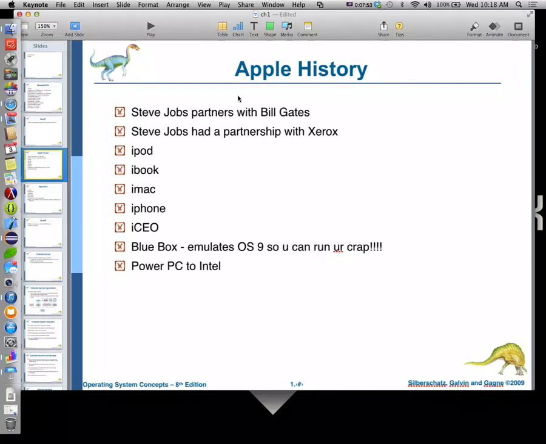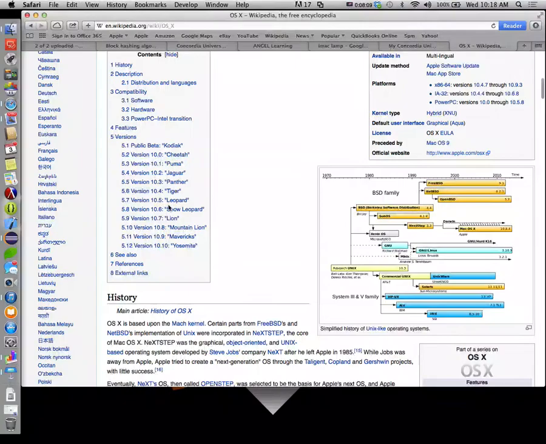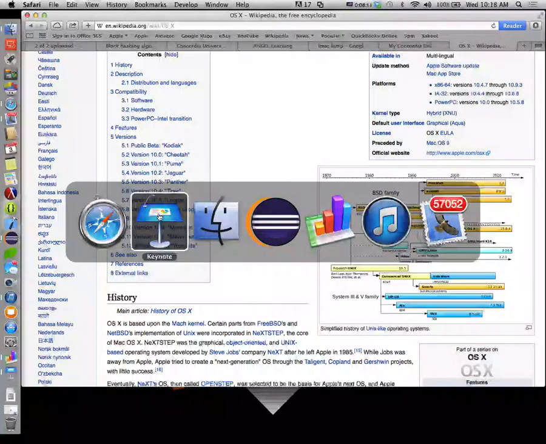He came back as the interim CEO, and then once he started releasing all these products that had the letter I in front of them, they renamed him to the iCEO and put him as the official CEO of the company. Now, what's interesting is the connection here